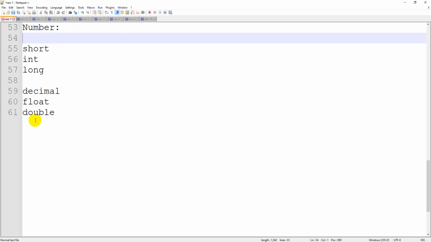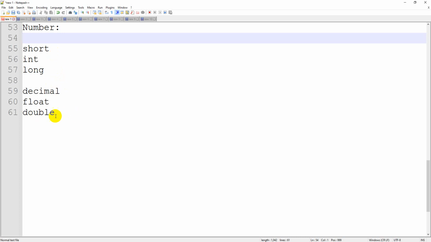Normally in C language we have a range. If it is an integer, the range will be minus 32,768 to plus 32,767. Like that, there will be a range. Here also there will be a range. If you want to remember all these things, there are going to be very big numbers. Instead of remembering, I'm going to teach you some shortcuts for these data type specification details.